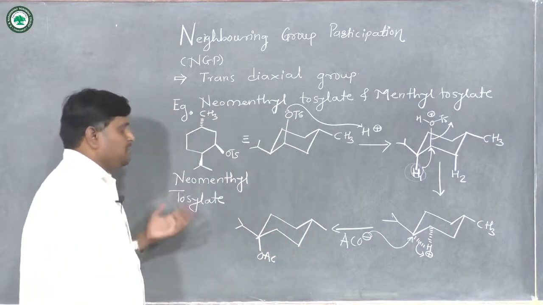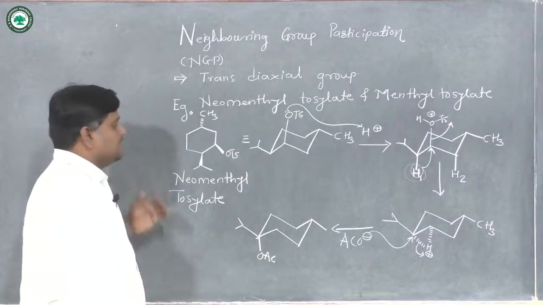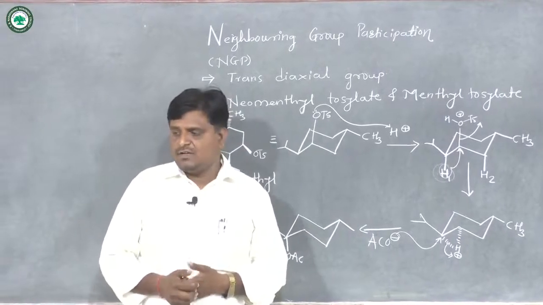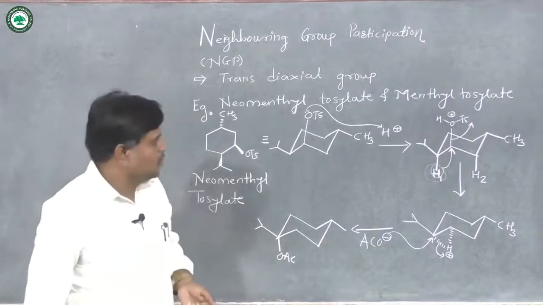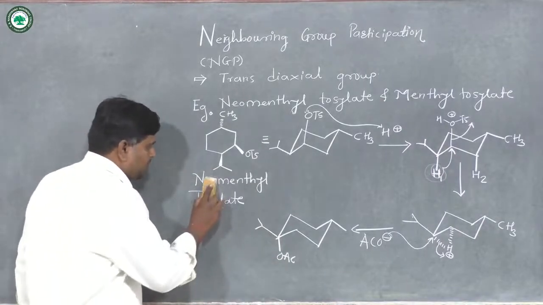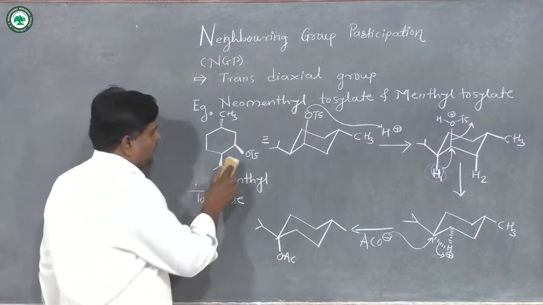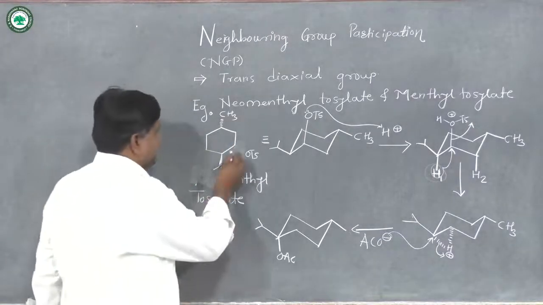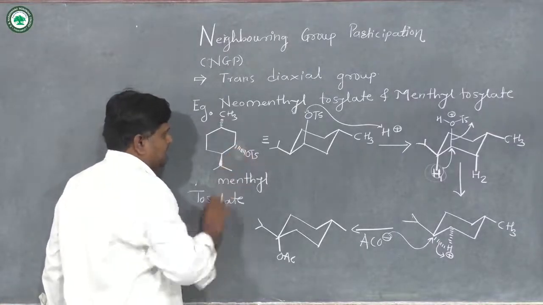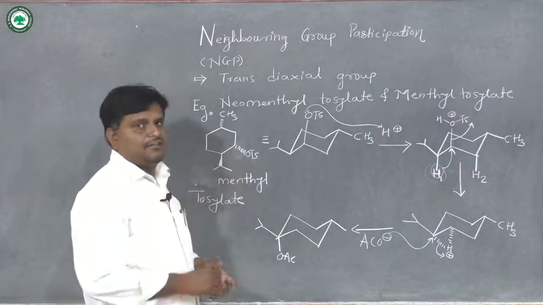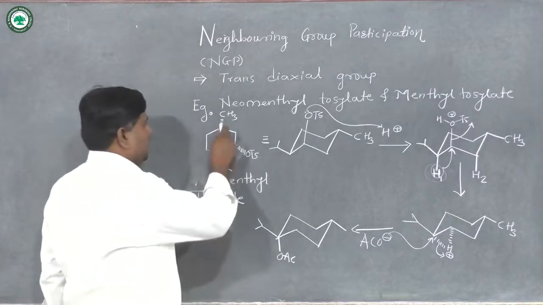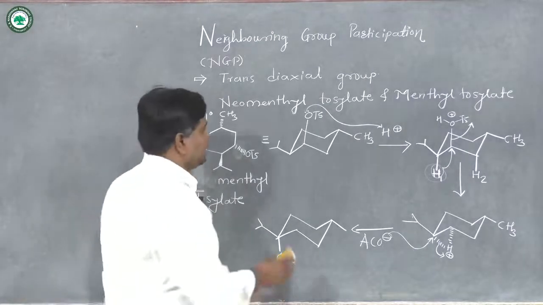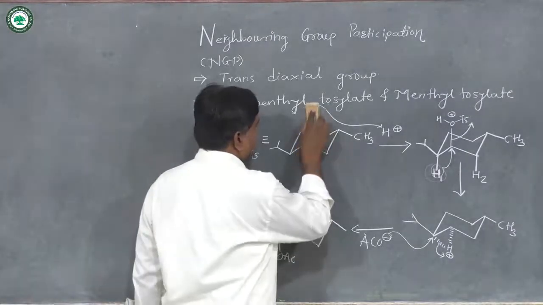And now another part of this reaction is methyl tosylate. So here we choose methyl tosylate. We wipe only neo, and here this tosyl group is present at the alpha side, so I draw that bond as a dotted bond, and these two groups are intact in their position, okay.